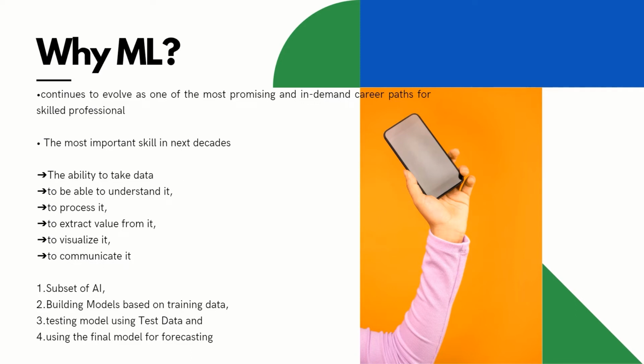So we can precisely say this is what is known as ETL, that is extract, transform, and load. Extract the data, transform, manipulate, or wrangle the data, and then finally load it to visualize or communicate it